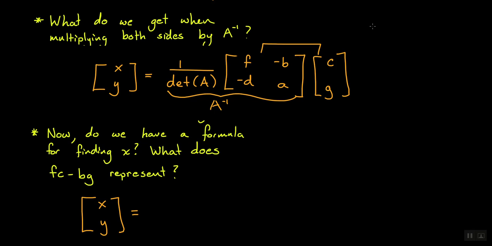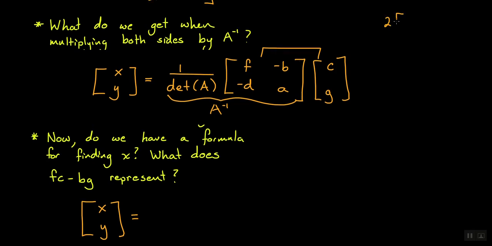Now, if you've already written it, don't erase. If I take 2 times a matrix, and you don't have to write this, just me talking, 2 times 1, 1, 1, 1, it's 2, 2, 2, 2. Is that the same thing as if I do 1, 1, 1, 1 times 2? So if you didn't include this 1 over the determinant, you can write it on the right side of it. Now, I have 1 over the determinant of A